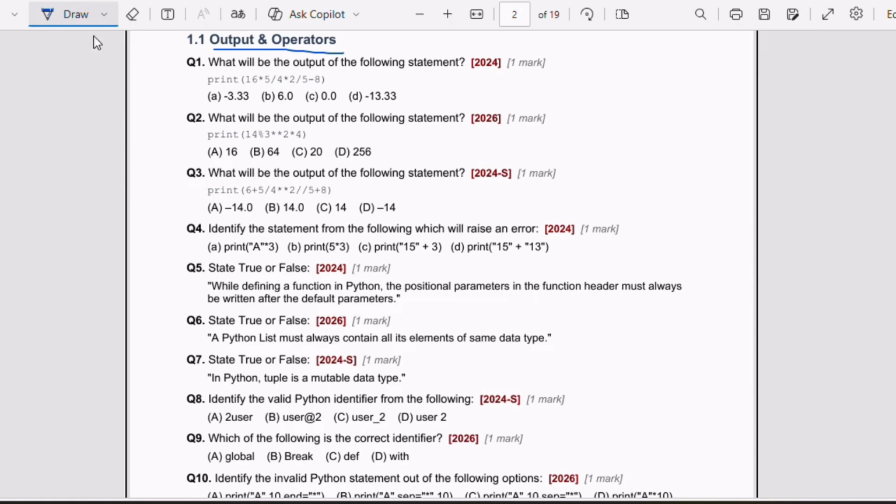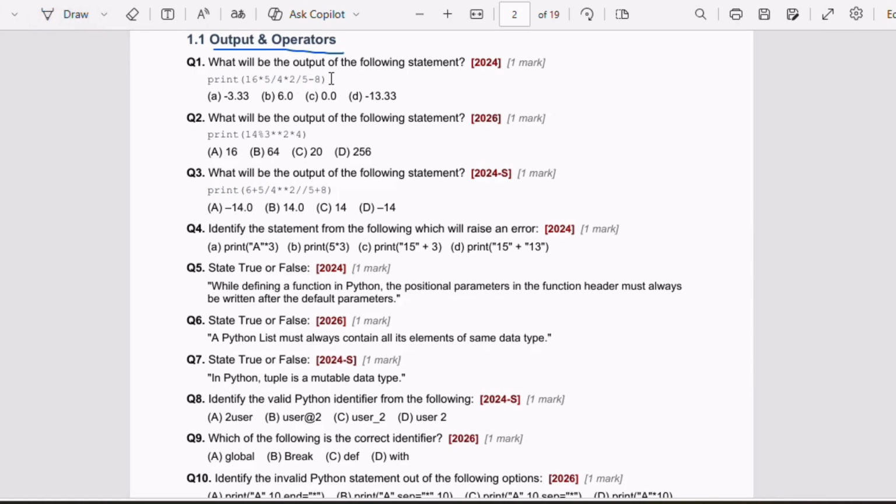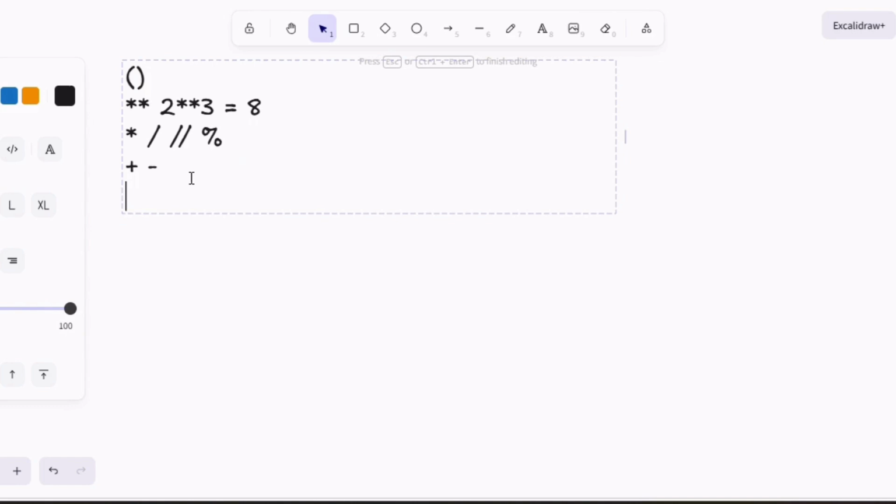So our question was, we have to solve this part, right? That is what the print function will print. So let's copy it over here. Because we don't see any parentheses here, what all operators are listed over here? We have multiplication, division and minus. Parenthesis is not there, it's actually a print function, right? So we don't have a parenthesis.